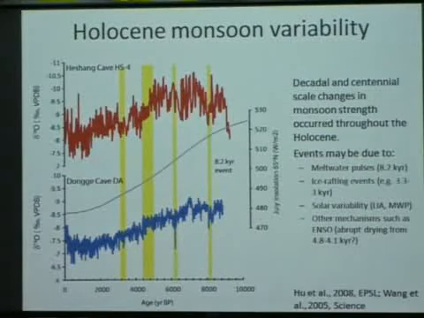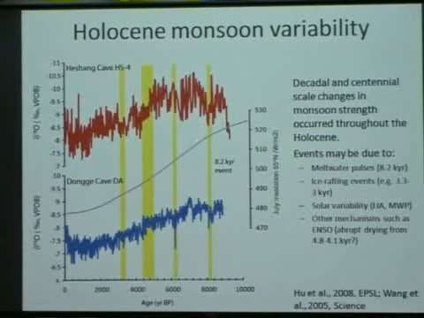Okay, so now shown here in red is the delta 18O from the HS4 sample over the Holocene. And you can see that there's a range of a few per mil in delta 18O over the Holocene. And down here in the bottom in blue is a similar resolution record from Dongge Cave, which was published by Wang et al. in 2005. And Dongge Cave is not too far away from Heshang, so we would expect to see quite similar variations between the two sites if we're actually representing regional rainfall. And in fact, we do, to a first degree anyway.